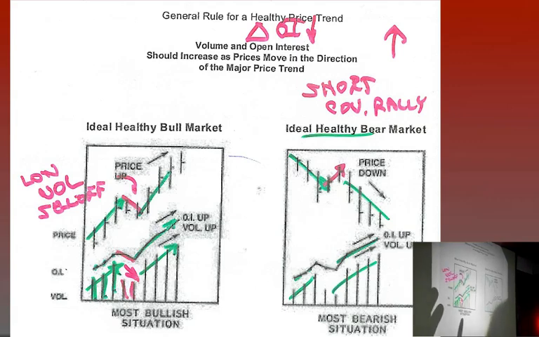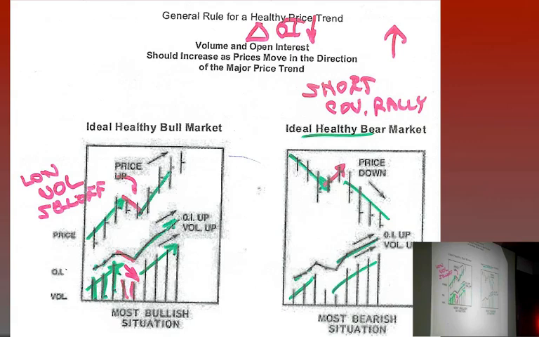So this is what you like to see, obviously, if you're a bull. The ideal healthy bear market. Now, this is not as easy a situation to find, especially in the physical commodities. I don't put the dollar index in the physical commodity category, but the quote-unquote commodities that the public likes to trade from the long side. Let's say it's coffee, cocoa, sugar, orange juice.